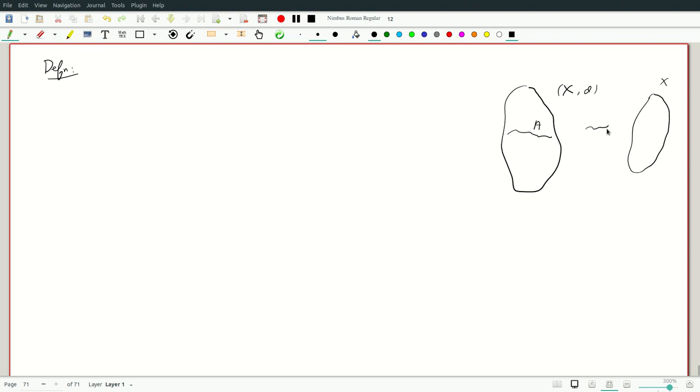We have X and we have A sitting here. Can we put it correctly into this? So that is what is called an isometric embedding. An isometric embedding, let's call it f from A to X between metric spaces, is a function